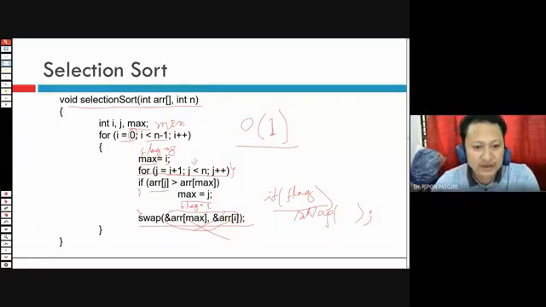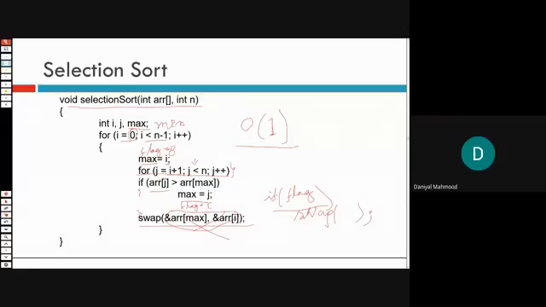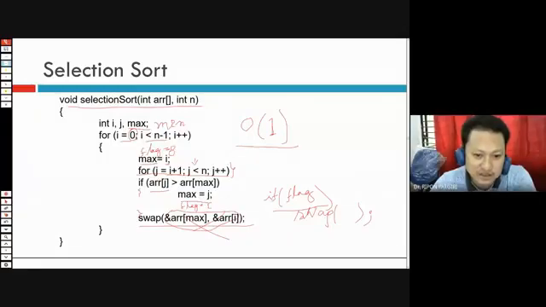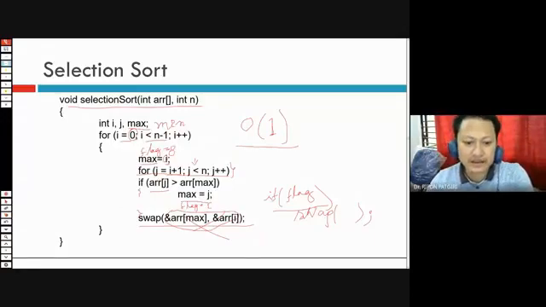Then max should be reset to 0. It should not be i.